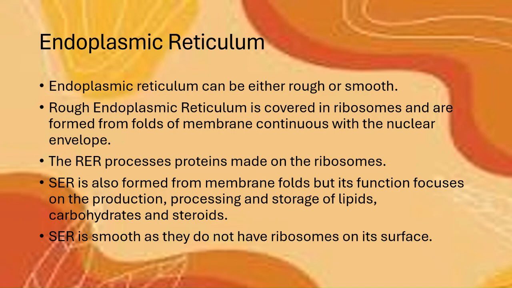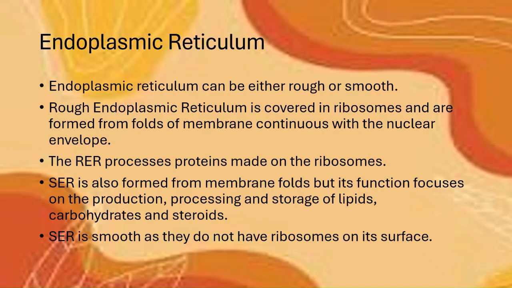So now we're looking at the endoplasmic reticulum. The endoplasmic reticulum can either be rough or smooth. One is the rough ER and the other one is the smooth ER. The rough ER is covered in ribosomes and is formed from folds of membrane continuous with the nuclear envelope. The rough ER processes proteins made on the ribosomes, and the smooth ER is also formed from membrane folds, but its function